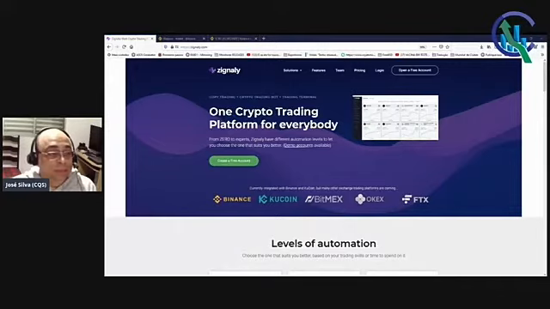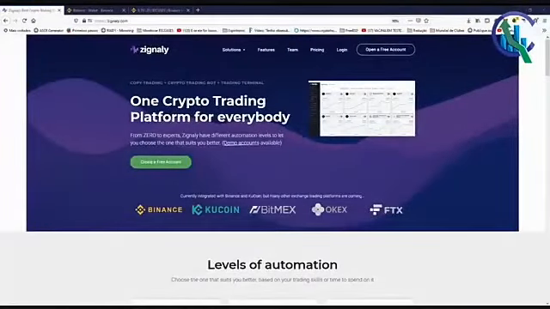But this is a great platform. It's based mostly on signals, so the name Zignaly came from signals. And we are partners of Zignaly since their start. And we are very glad to announce that we are supporting trading on Binance futures using our signals on Zignaly.